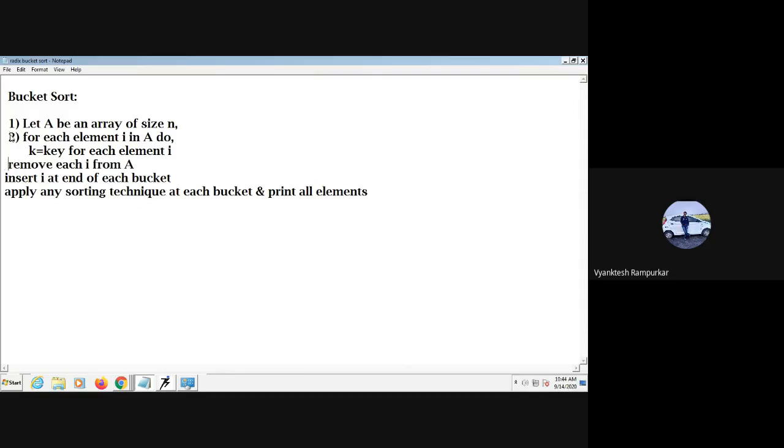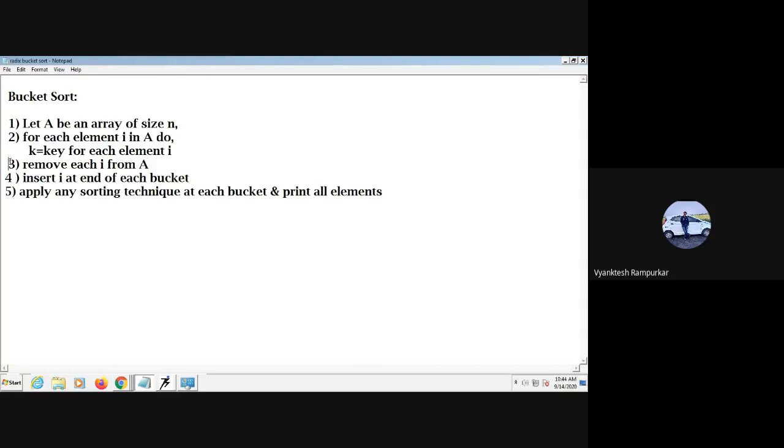Then after computing the key, we remove each element I from A, and we insert that element at the end of each bucket. Finally, we apply any sorting technique at each bucket and we print all elements.